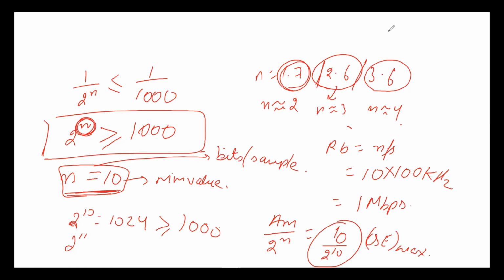Please tell me how you have got the value of n. The same method which I am using. From this method only you have got n is equal to 10. No, ma'am, I actually equated it to the nearest value of 2 to power n. Okay, so how will you equate it to the nearest value of 2 to the power n? Ma'am, I just did 2 to power n, 1 upon 2 to power n is equal to 1 by 1000. So I found out that 2 to power n is nearest to 1024. Okay. So any other doubt?